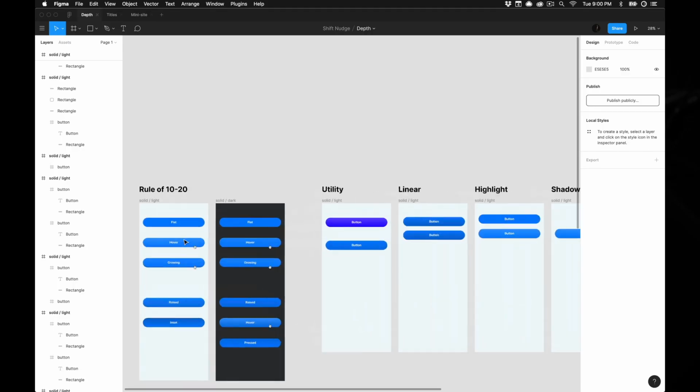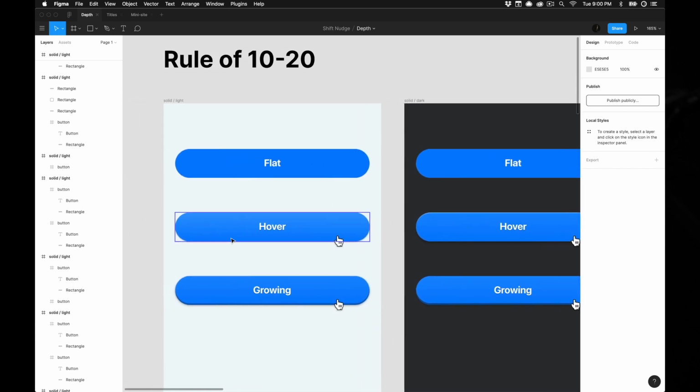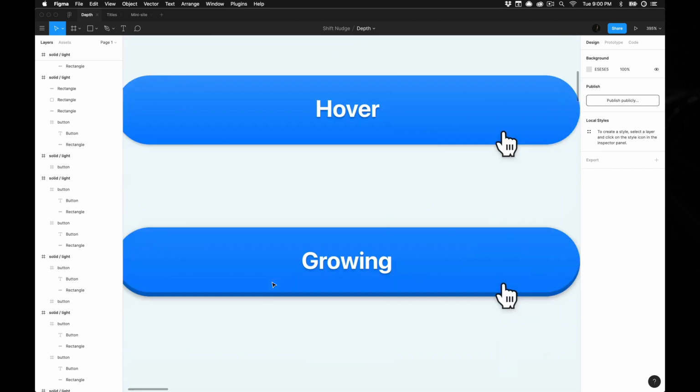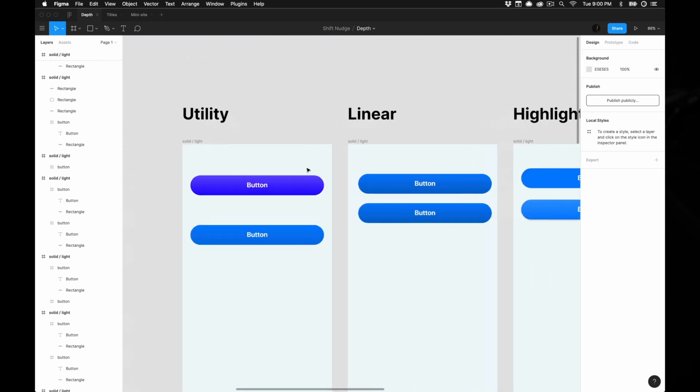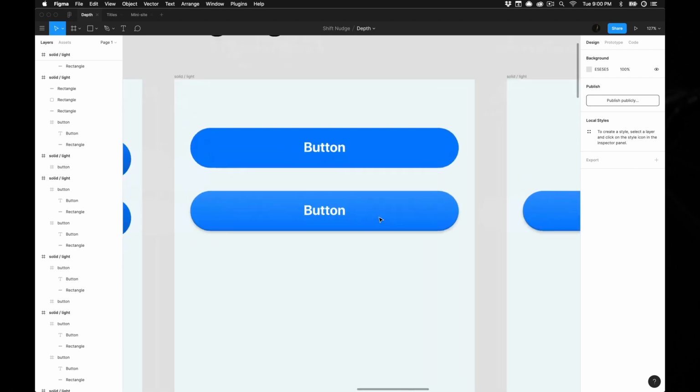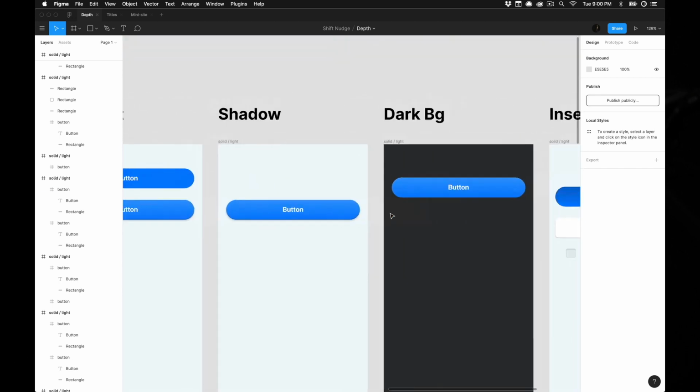So for your depth homework, I want you to grab this file and just kind of study the way that some of these gradients and shadows are created on various backgrounds, the dark backgrounds, the light backgrounds. And once you've kind of dug through some of these concepts, go ahead and try to create your own versions of these, different colors, maybe they're different size buttons. Just create like a light mode and a dark mode and see how you can toggle that bottom drop white shadow to make it seem recessed, or have these buttons that are popping off the screen with a subtle little white highlight,